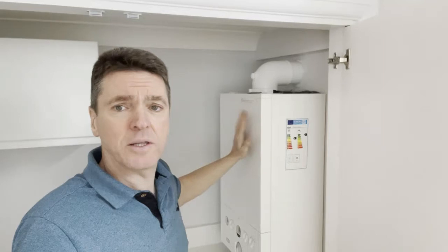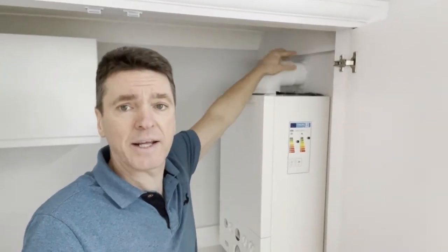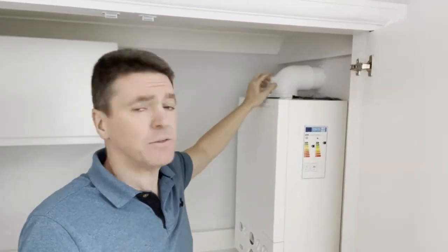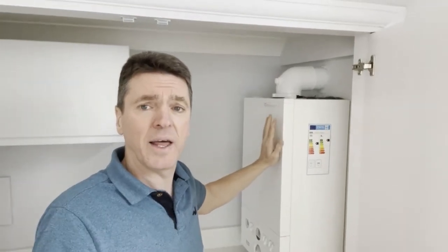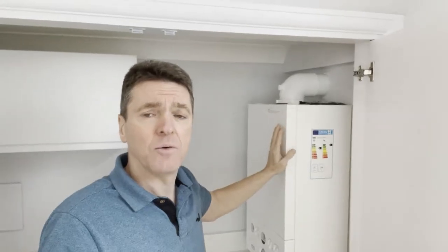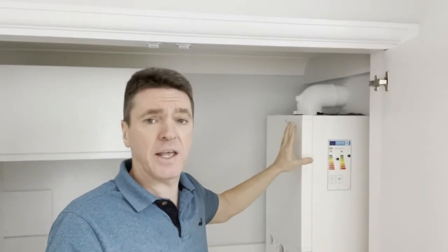So we situated the boiler onto an external wall, which means that the flue can go directly straight out of the property. Have a look at that in a second. And it makes it much easier to situate your boiler if you can put it directly onto an external wall. So one of the key requirements when you're designing your heating system is to make sure, firstly,